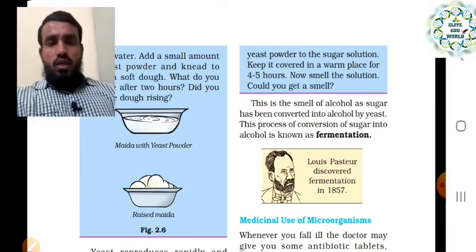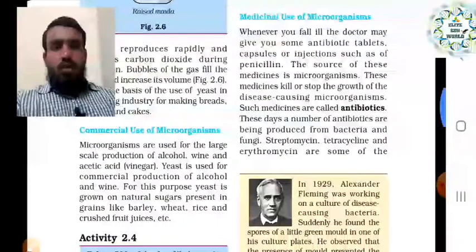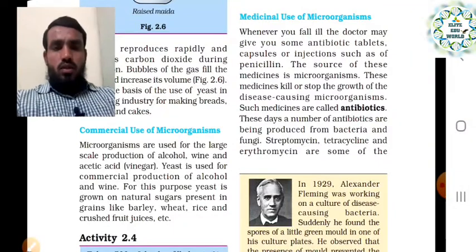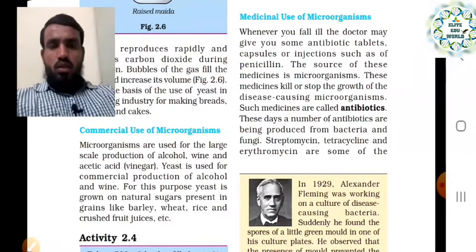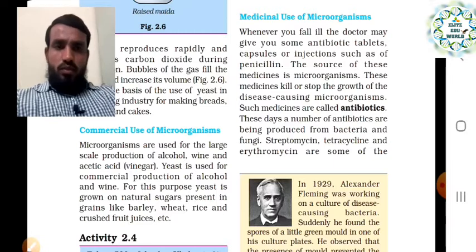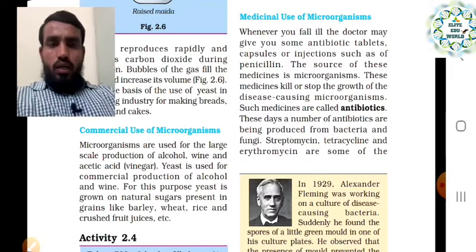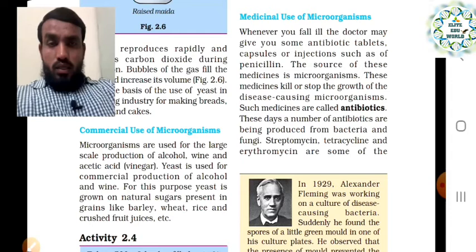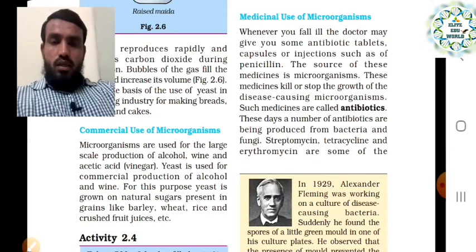Then again we have seen the example of the same yeast in the wine and beer industry for producing alcohol or acetic acid, and vinegar also we have seen. So all this happens with the yeast only, because when it is doing anaerobic respiration, it is releasing carbon dioxide and it is releasing lactic acid,